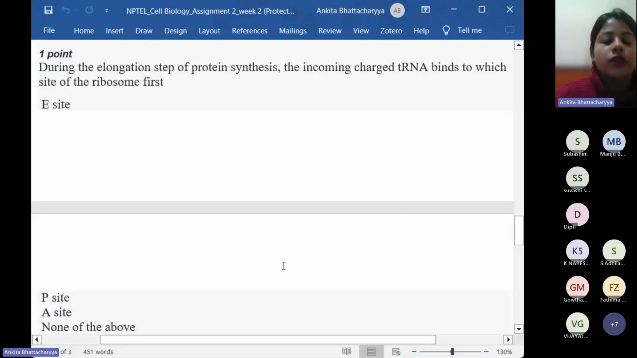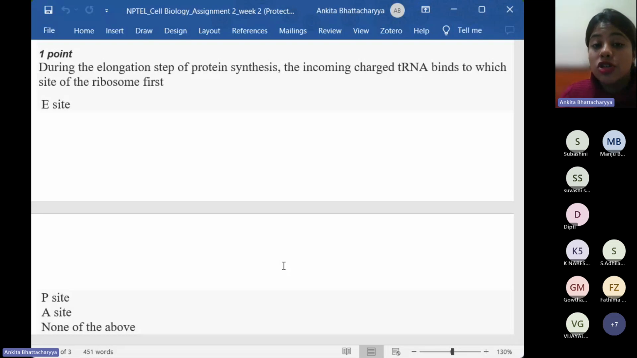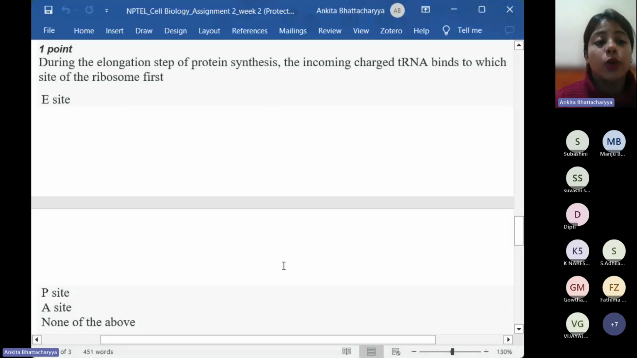Coming to the next question, during the elongation step of protein synthesis, the incoming charged tRNA binds to which site of the ribosome first? So this is a part of translation. We talked about transcription till now. So the aminoacyl charged tRNA, or directly called a charged tRNA, will first bind to which site of